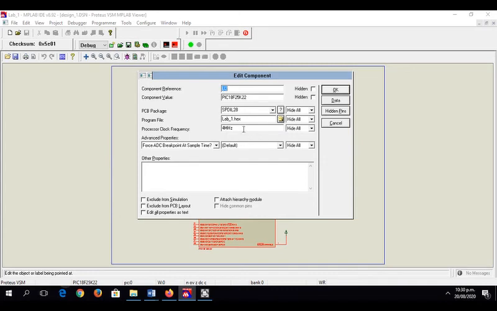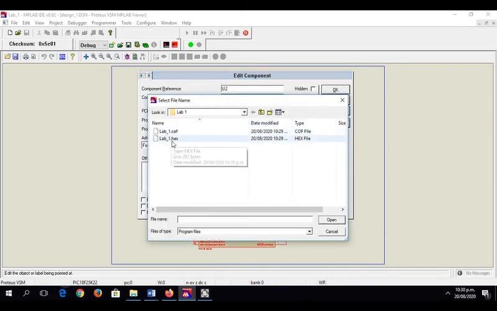Then in this window, you need to find and select the hex file. To do that, you can browse by clicking this folder icon, and